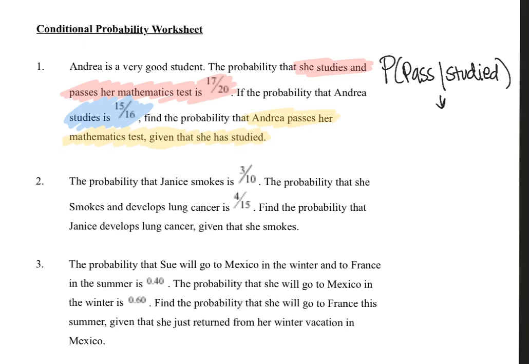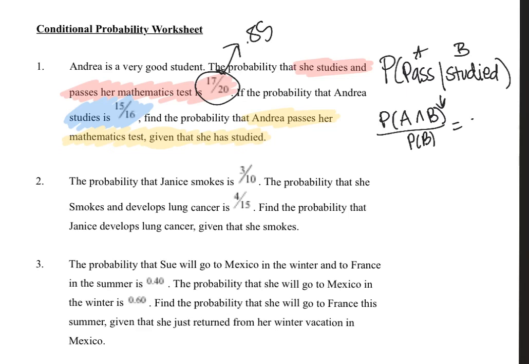So remember, this formula is the probability of A and B over the probability of B. The probability that she passes and she studies was 17 out of 20. Now 17 divided by 20 in your calculator is 0.85. And the probability that she studies is 15 over 16, which is